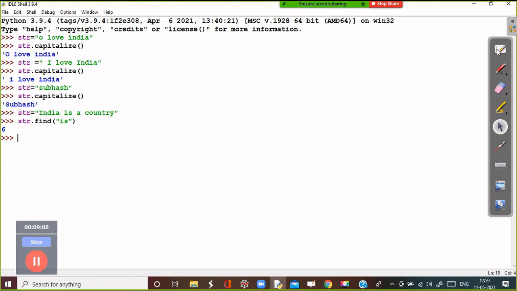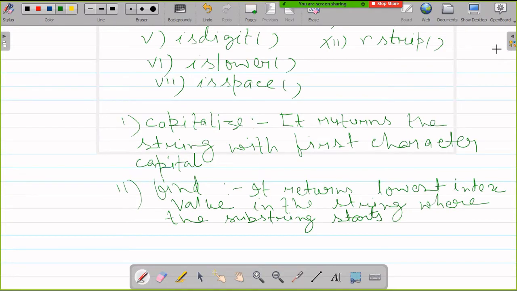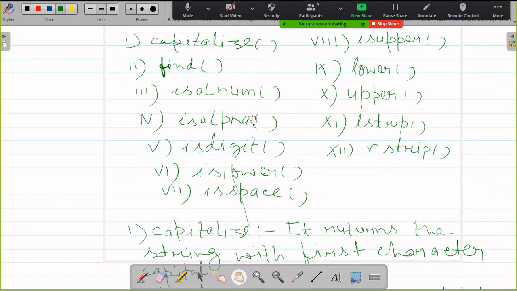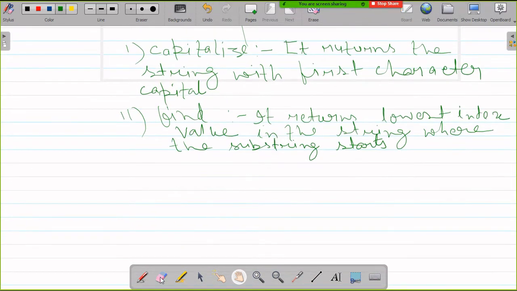Now the next function is alphanumeric. The next function is alphanumeric.